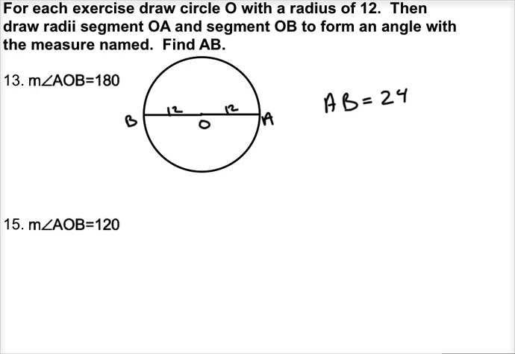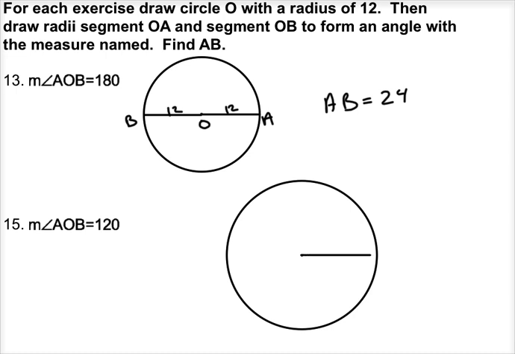Number 15. Drawing the same thing, but now I need to form a 120-degree angle. So I'm going to start by giving myself a center again. Make a circle. And I'm going to start by giving me a generic starting point. Let's say here's going to be OA. And I'm going to approximate a 120-degree angle. Well, I know how big a 90-degree angle is, so I imagine going about another 30 degrees, making a 120-degree angle. So if here's OA, here's OB, this is 120 degrees,